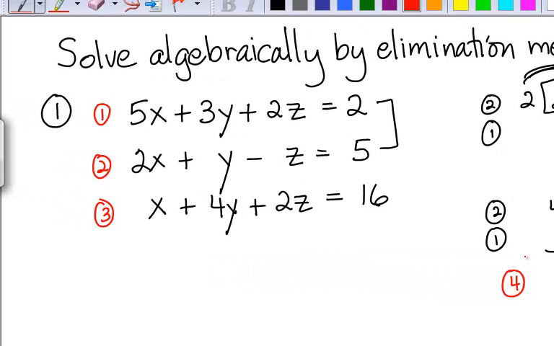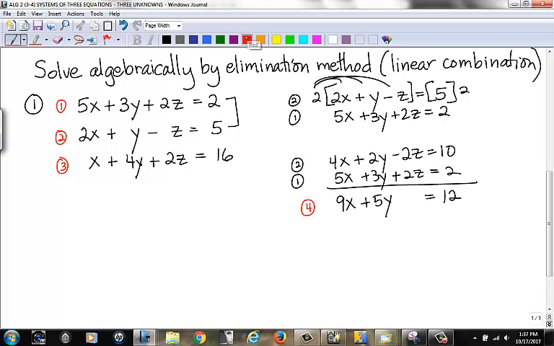Okay, and you need to work with 2 other equations. I could work with 1 and 3, or I could work with 2 and 3. I think I worked with 2 and 3, but you could do it the other way also. So I'm going to work with 2 and 3. So if I do my equation 2,